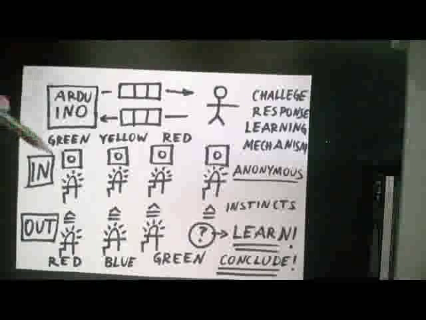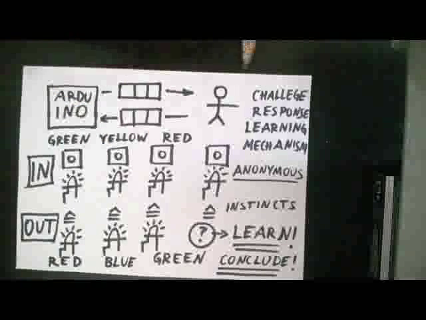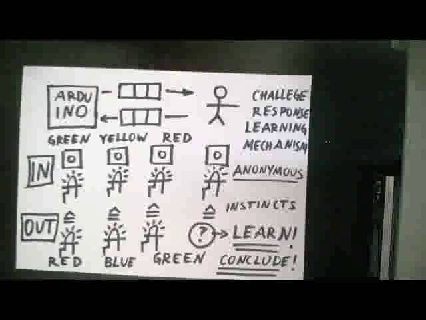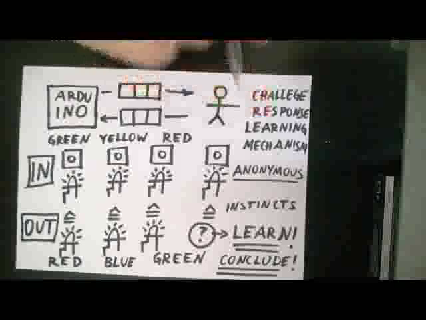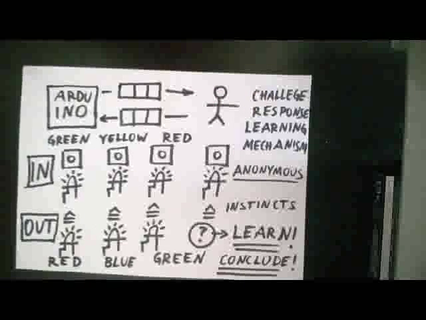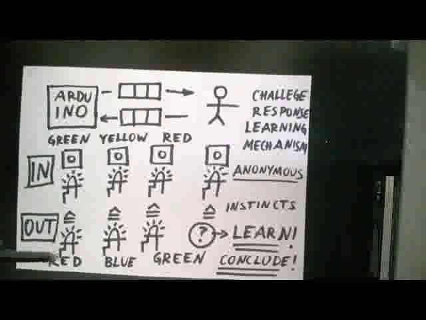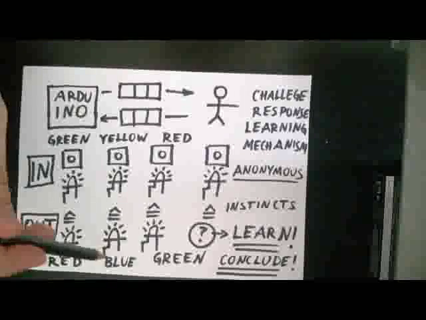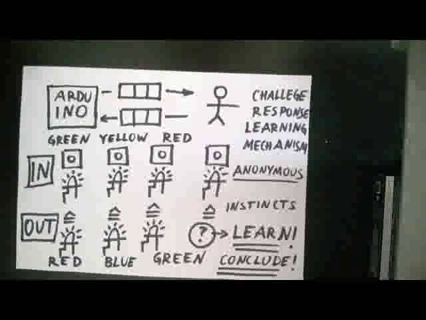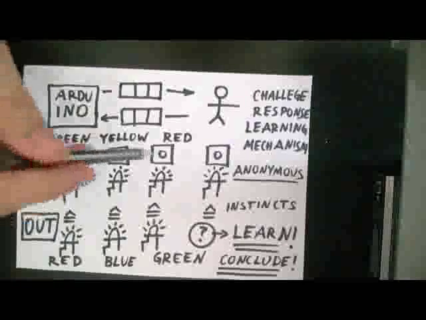The LEDs are green, yellow, and red. And then there is the fourth push button, where the LED is, I call it anonymous. It is also of color red, but it has a special property which I will discuss in a moment. The output, like when the Arduino replies to you, is by activating three possible LEDs, a red, a blue, and a green one. So red, blue, green is the possible answer to green, yellow, and red.